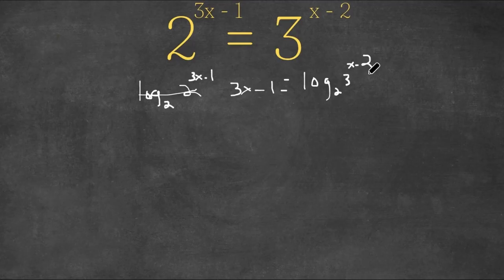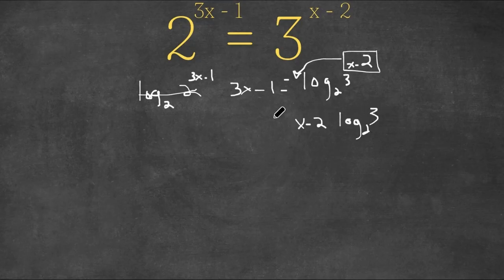And that states that if we have a power here, we can move it in front of the logarithm. So this would be x minus 2 times log subscript 2 of 3. And I'm going to put parentheses over here. So this is an important property of logarithms, and this still equals